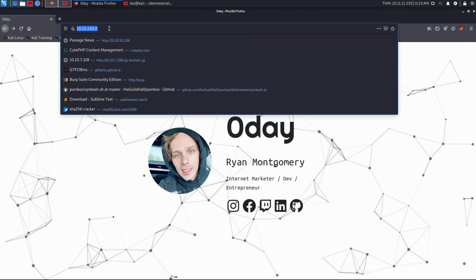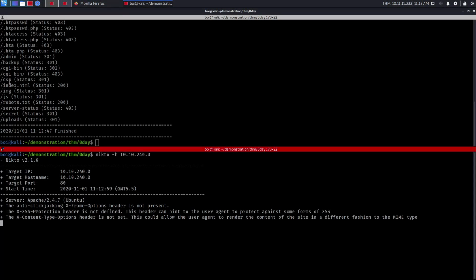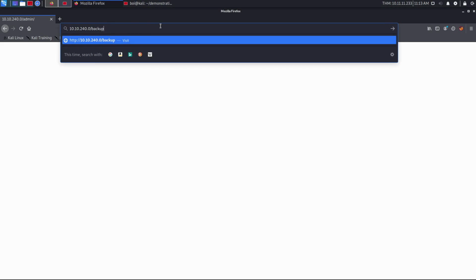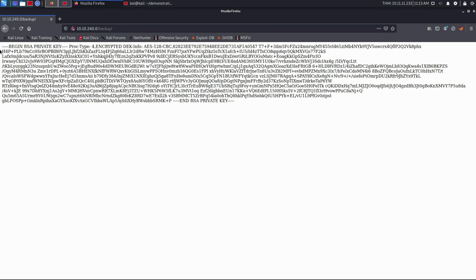We'll check the admin panel. Looks like nothing. Even the source has nothing. We'll look at the backup folder. BEGIN RSA PRIVATE KEY. So in the backup folder, we have the private key for RSA. I don't particularly see a lot of use for this right now, so I'll let it be. If you want, you can copy it for later use, but if I want it, I'll just again come back here and take it.